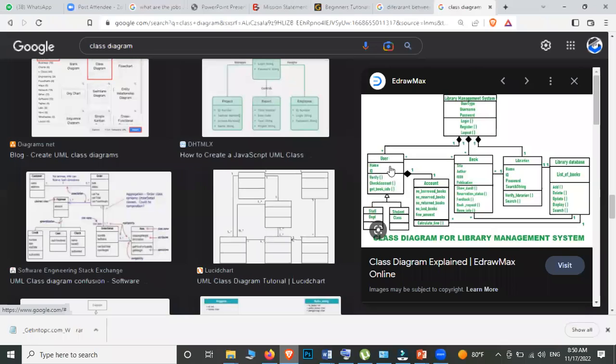Generalization. See, under the user, staff and student both come. From the parent class, is a part of. Can you remember? So staff is a part of a user. Student is a part of a user. So what is this relationship? Generalization relationship.